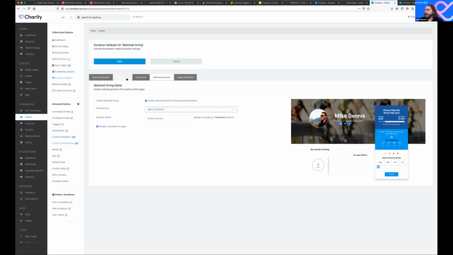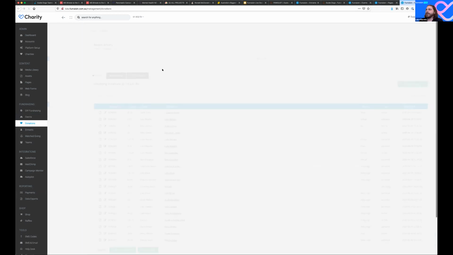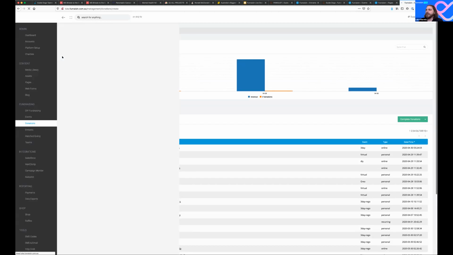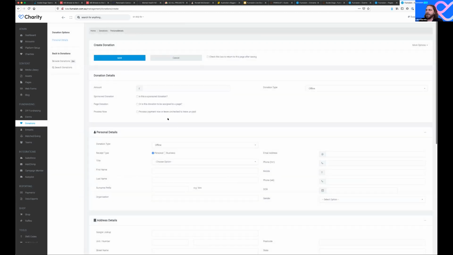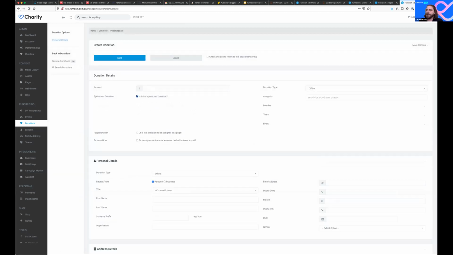And is there any way to add in pre-pledged donations to the platform, like throughout the day? Is that easy? Okay. So you can just go in at any point in time. You can add a donation. You just put in the details, and you say if it's a sponsored one, so if it's going to a page or a person, or if it's just an amount. So for example, if we go to